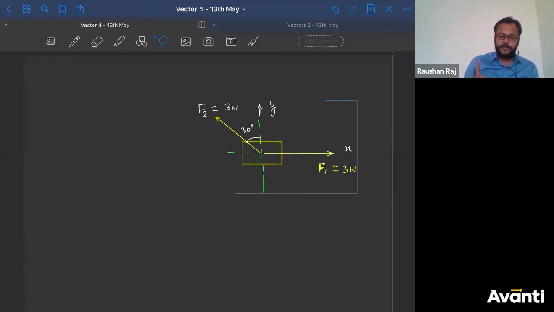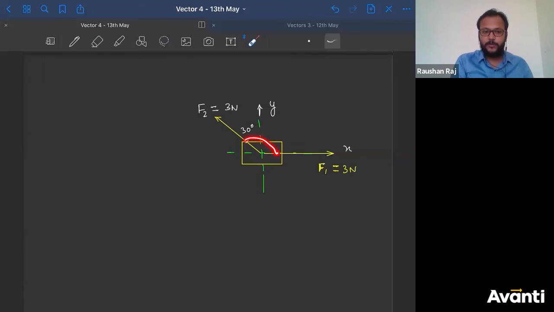Achha. Now tell me, if two vectors have equal magnitude, in which direction will the resultant vector act? So the resultant vector will act making the same angle with each one of them, right? So what is the angle between these two? 120. So what is the angle bisector? ऐसा होगा which will make 60 with this, 60 with this. So can I say that the resultant vector will be